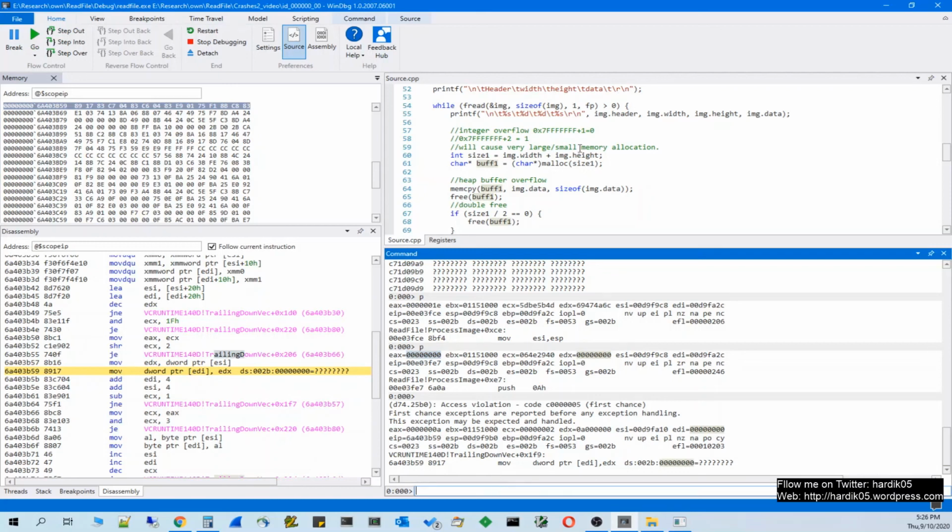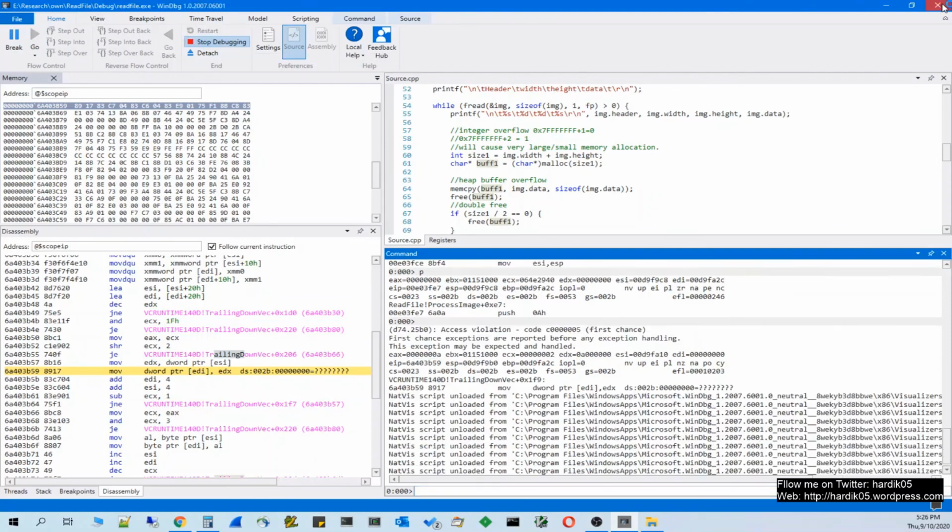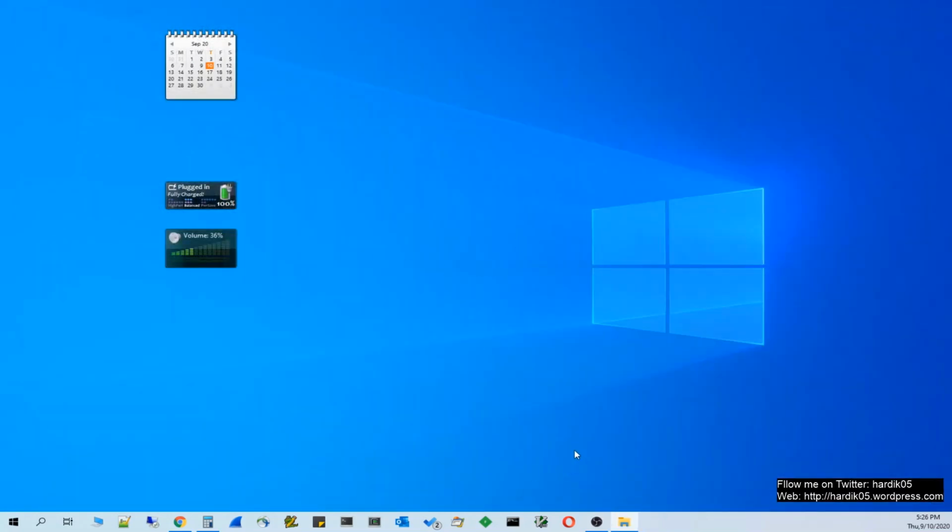So this is how you analyze crashes using WinDBG. WinDBG also offers time travel debugging, which you can use, but this is something I will cover in a future video. I hope this video has given you a good understanding and a good idea of how WinAFL works, how we do root cause analysis, and how crashes look at the debugger level.